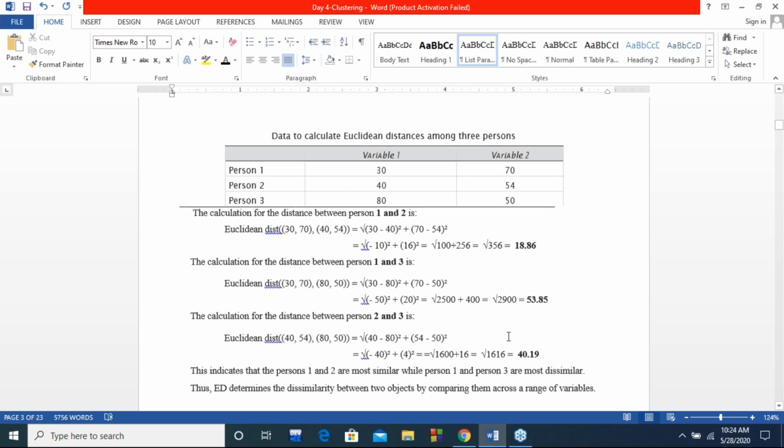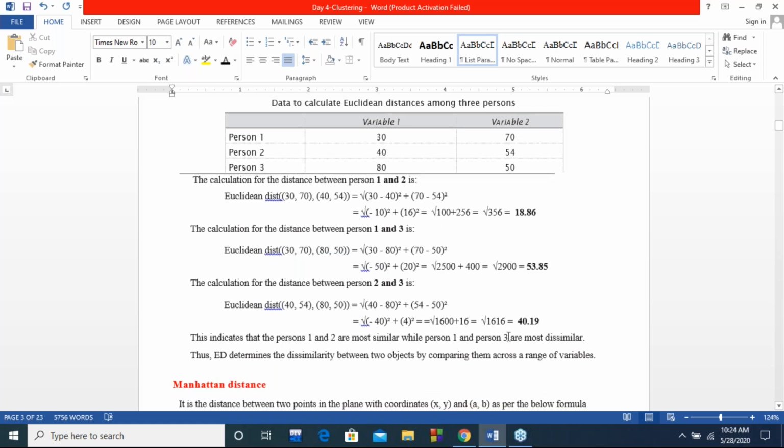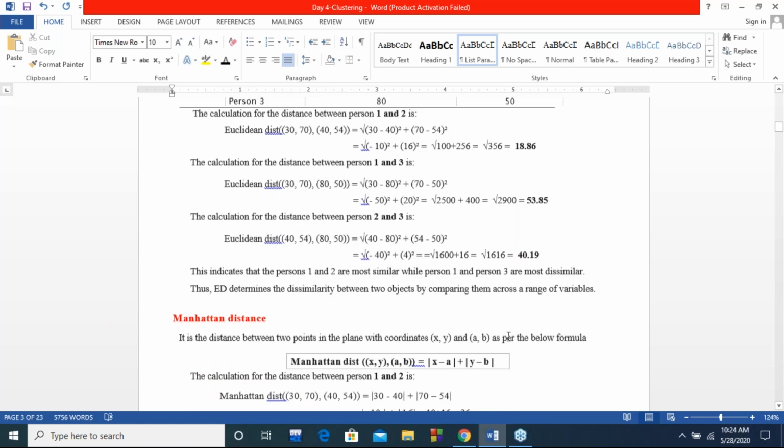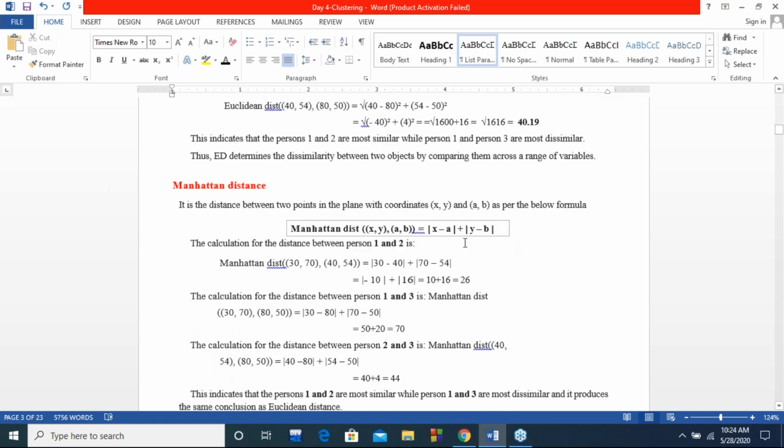So there are other distance measures as well, like Manhattan distance. The values may be different because of the calculation and the formula, but the overall result will largely be the same. Manhattan distance is the easiest way to calculate it, because we take only the absolute differences. So the same thing